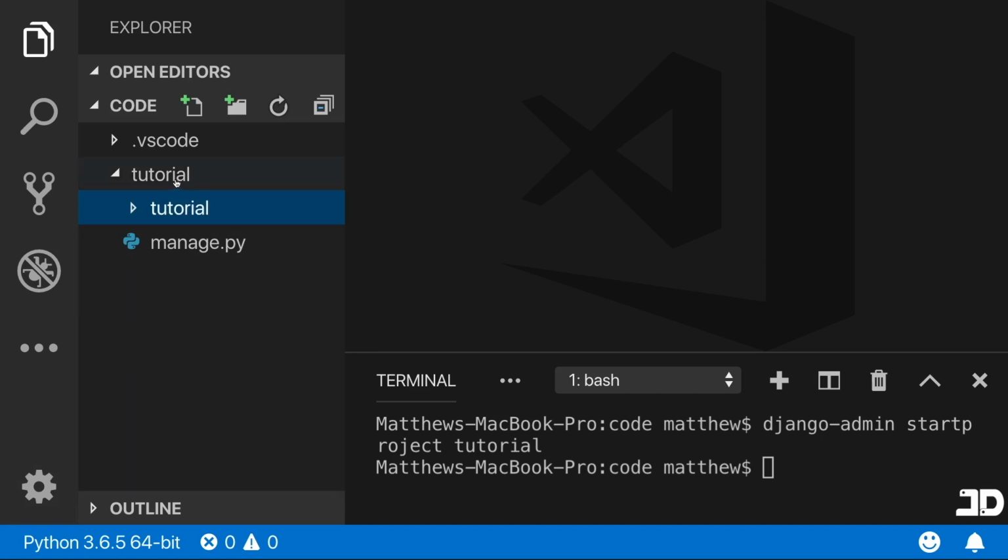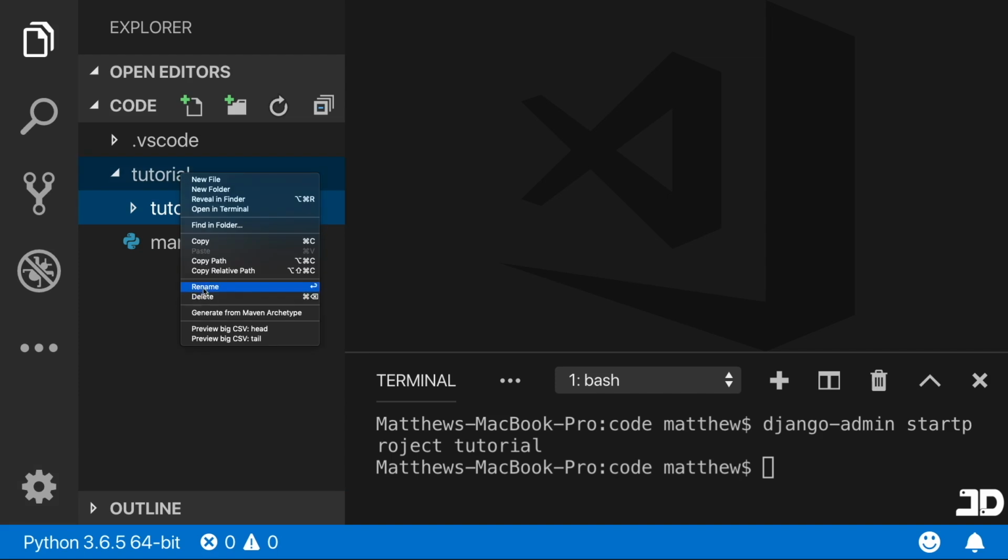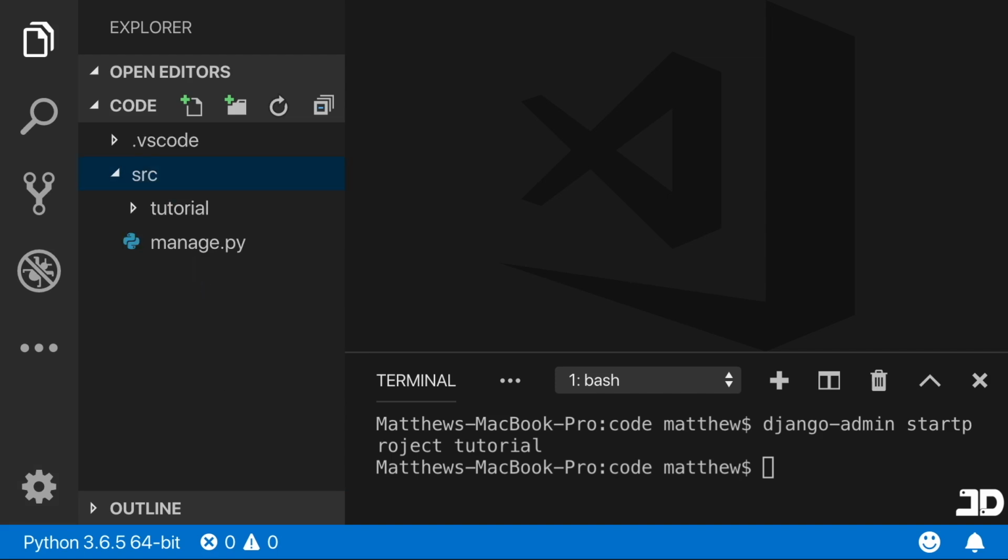Now what I'm going to do is rename the top level folder to be called SRC, which stands for source. And this is kind of like an indication of where your project lies. So everything inside the source folder is going to be related to our project. And that way we know exactly where everything is being stored. Now this is actually already enough for us to quickly get our project running and actually view it in the